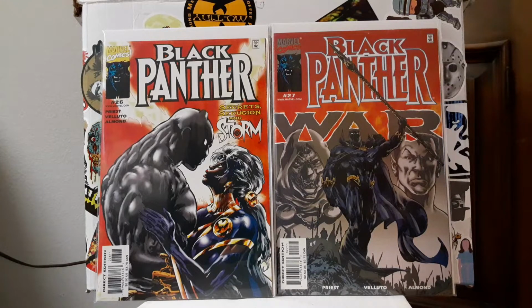And we got part 1 and part 2 of the Love and War story arc. It's January and February of 2001. And just as in the interiors, it's Sal Velluto art with Bob Almond doing the inks. You've got the story arc where this war is brewing between Latveria, right, with Doom, and Atlantis, with Namor. But then you also have the